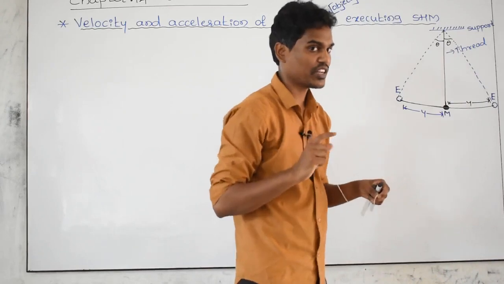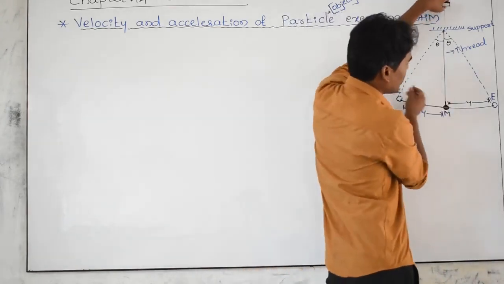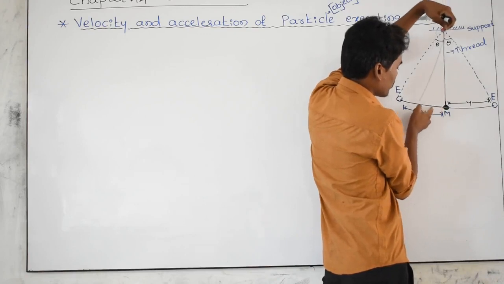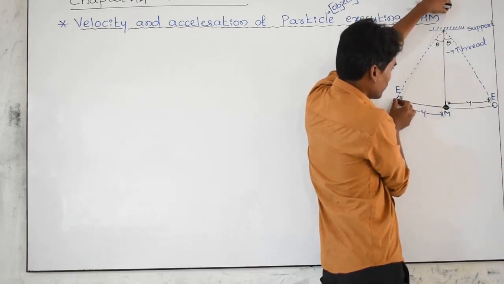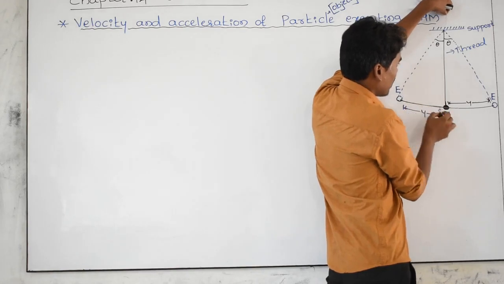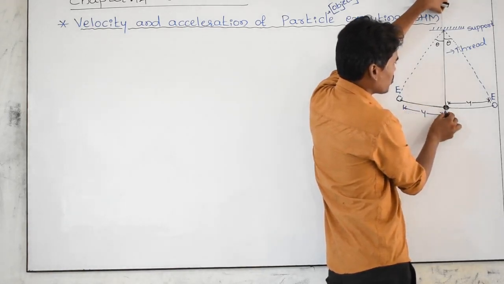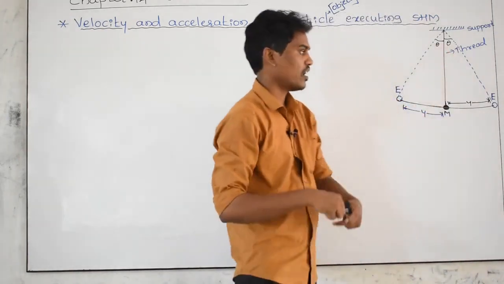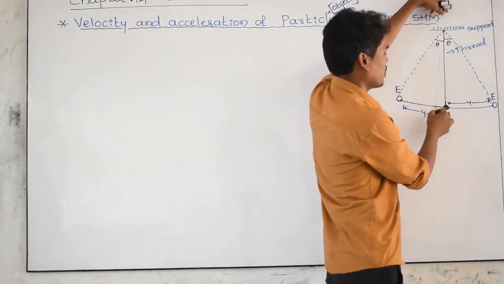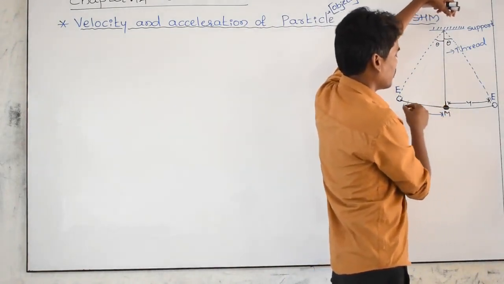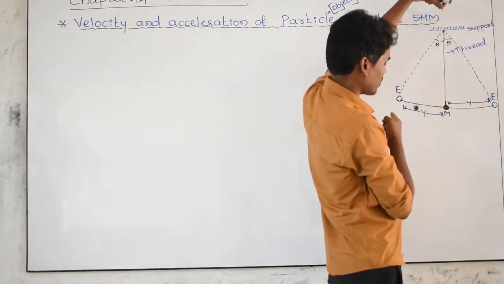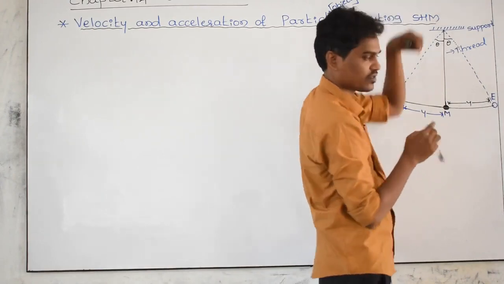I have discussed amplitude in the last class. Or else you can take this side. If the object is at this point, this is the displacement. This is the undisplaced position, the original position, and this is the displaced position. The angle between these two is theta. This is the oscillation of a simple pendulum, which I have taken as an example. This is an extreme point, this is also an extreme point, this is the mean point.